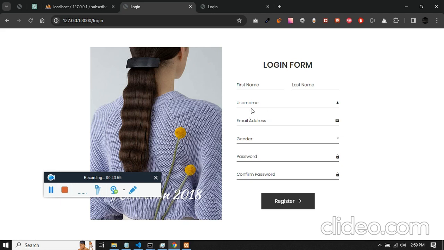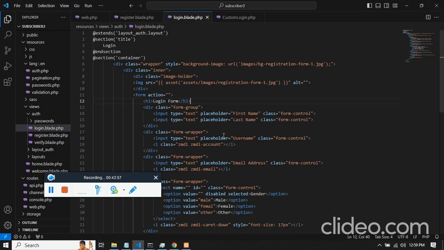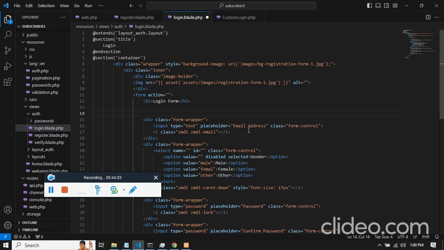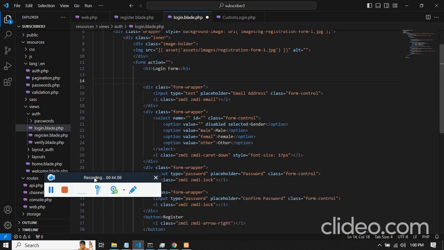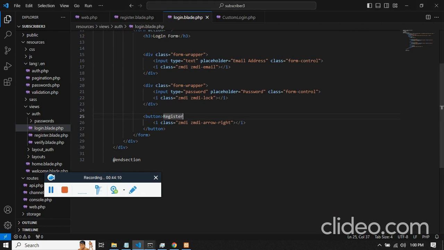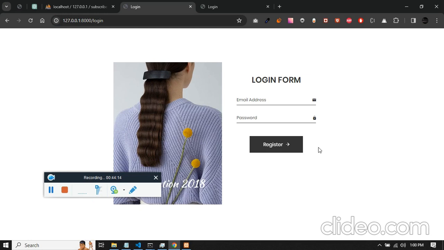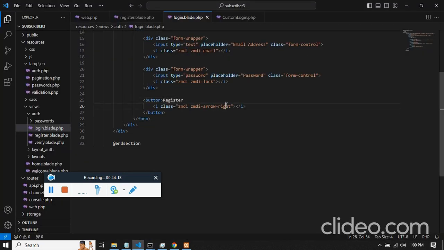In the login page we just need username and password. So in the login page, remove all except username or email and password. I have removed everything except email and password. Let's just see how it looks. And you can change the text to